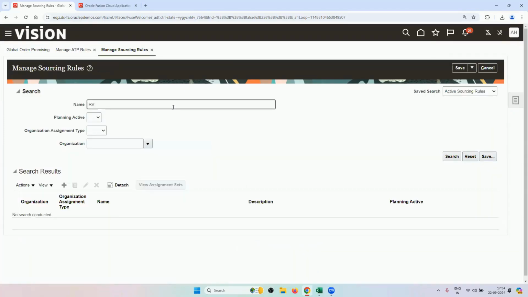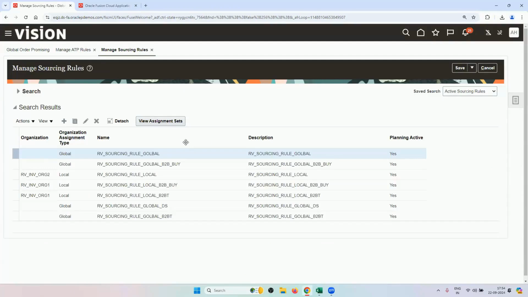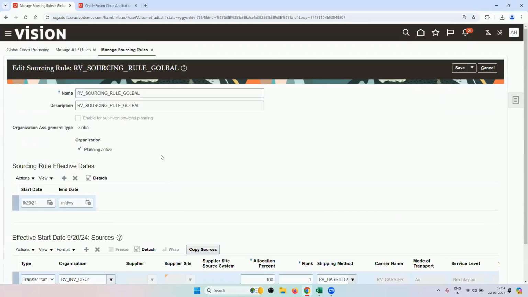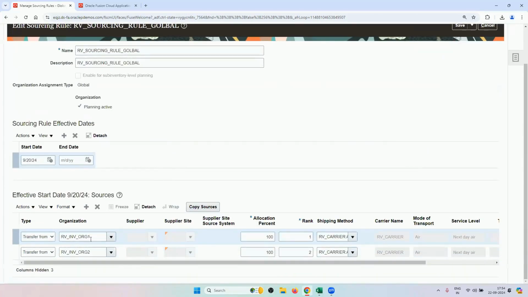So if I search my sourcing rule, see, sourcing rule is very important. This decides what kind of flow will occur in the order management. For our standard order, what did we do? Let me show you again from the beginning. For our standard order, we said for global, transfer from inventory org 1, rank 1, or transfer from inventory org 2,